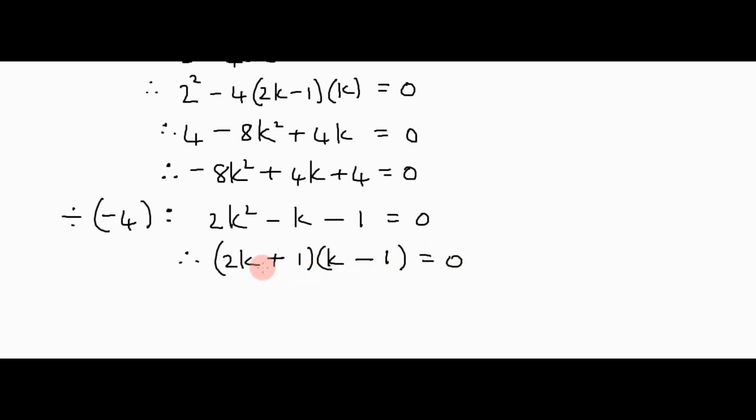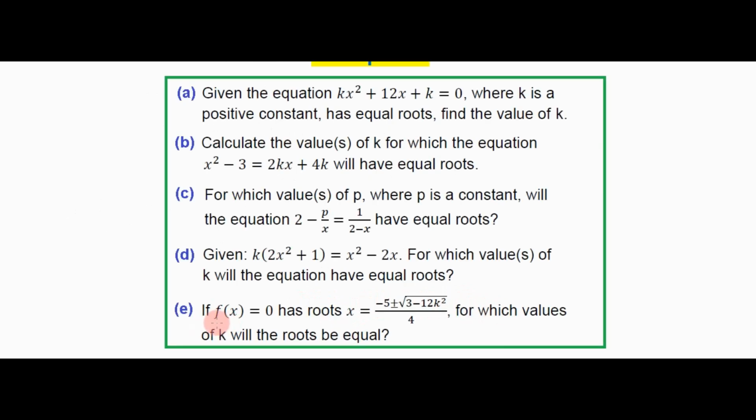So just to check, we'll get 1k minus 2k will give us the minus k here. And in solving, we see that k is negative a half, or k is equal to 1. Then coming to E, it says if f of x equals 0 has roots x equals negative 5 plus